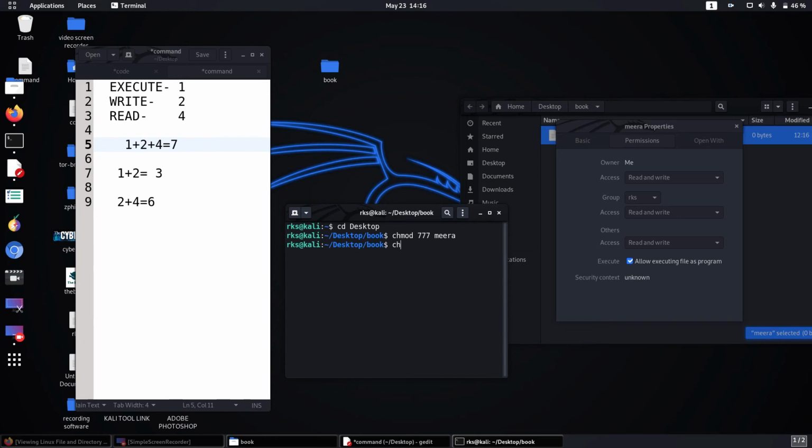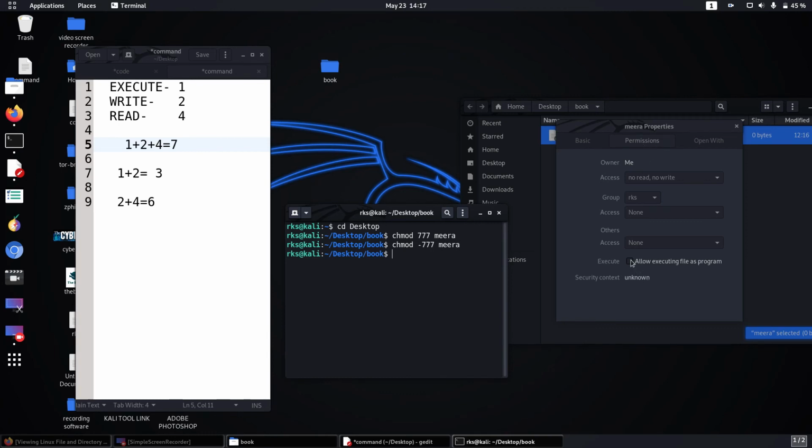chmod minus 777 Mira, enter. Here see, the sign is disabled. That means this file has no permission for execute.